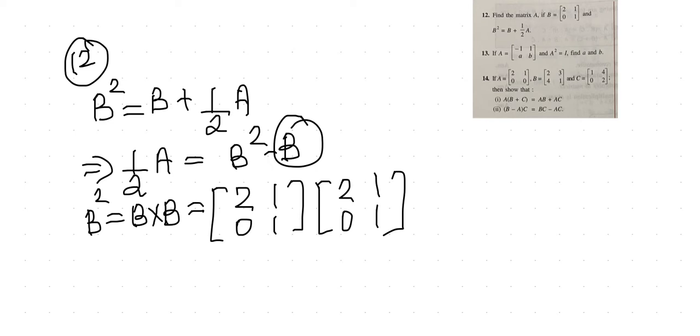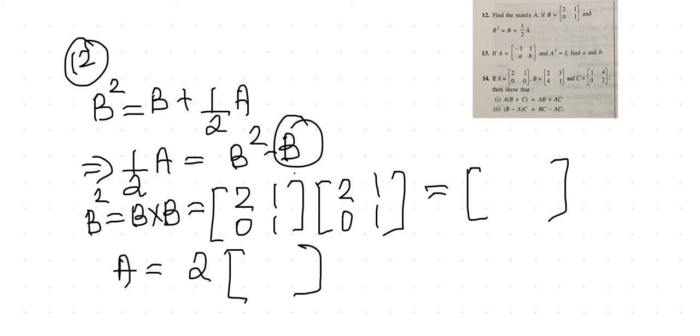So once you get a matrix of order 4, from that you will be subtracting B to get a matrix, and then A will become 2 times that particular matrix. So this question is an easy one. So question number 12 is going to be your homework. Okay. We'll be moving on to the next question, children. That is question number 13.